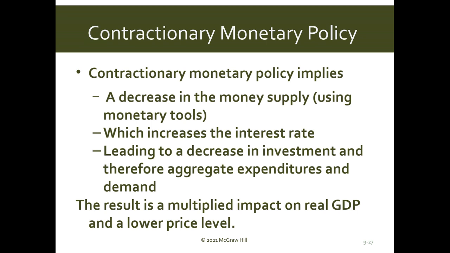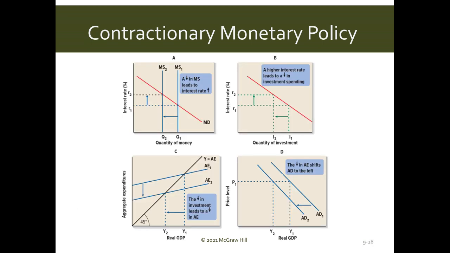I think the same diagram is given, exactly in the opposite direction. So this time I shifted money supply from M1 to M2, totally in the opposite direction to the left. Investment will decrease, the aggregate expenditures curve shifts downward, the aggregate demand curve shifts to the left instead of right as in the